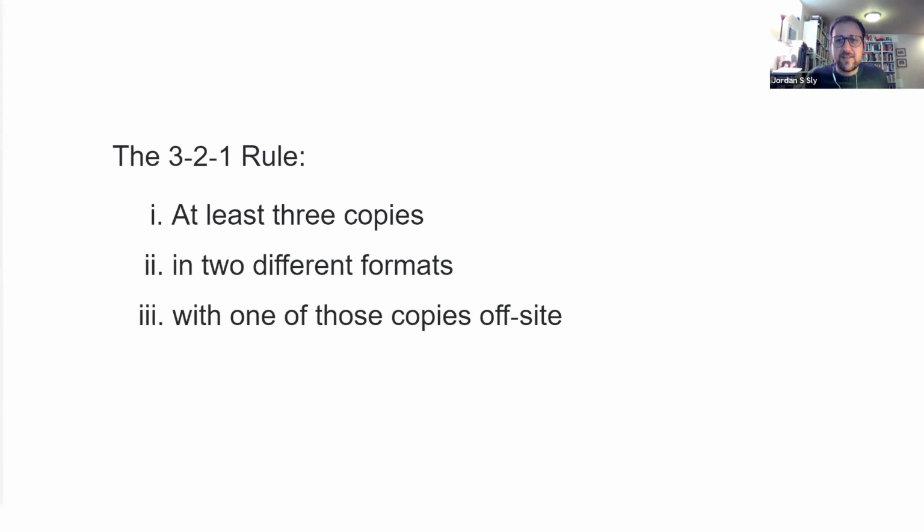And the best way to ensure this is something like the 3-2-1 method for backups. What that enables and ensures is that your data is never lost because of one accident. It would have to be a whole confluence of events that would equal this. So you need to make sure that there are at least 3 copies of the data that exist, that these 3 copies exist in at least 2 different formats, and that one of these copies is offsite and somewhere that you don't have immediate access to it.